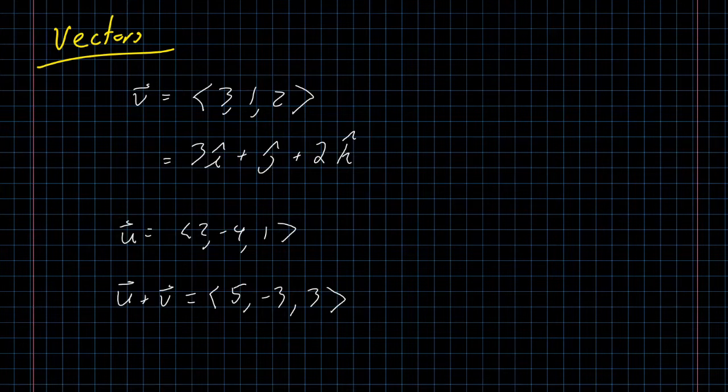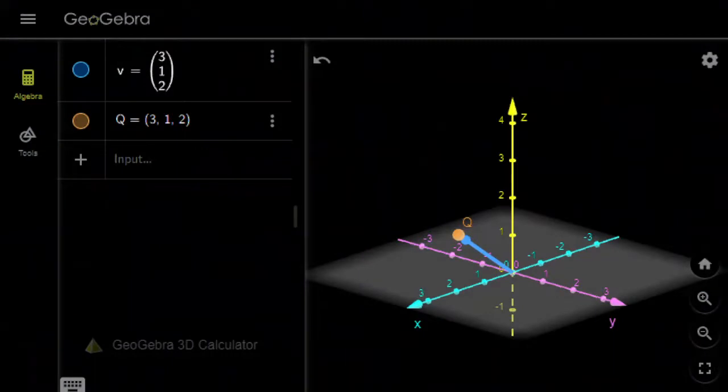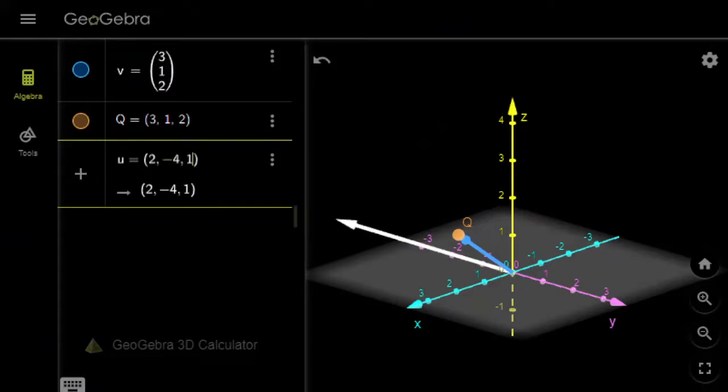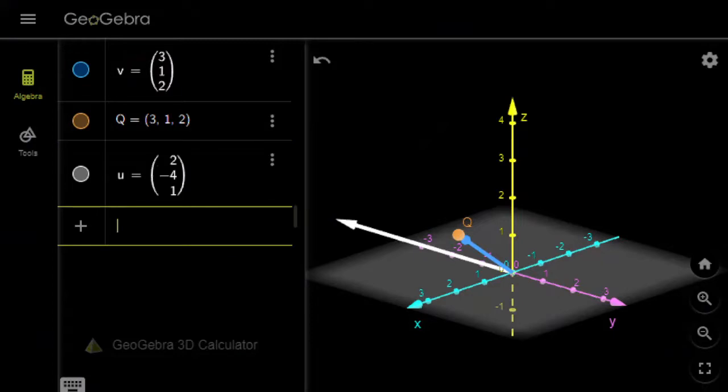And if we take a look in GeoGebra, setting up vectors is sometimes a little bit challenging, but let's get, actually we need these. We've got the point 3, 1, 2, the vector 3, 1, 2. We also had vector u, which was 2, -4, 1. And when we added those together,